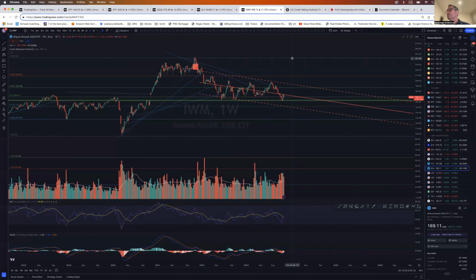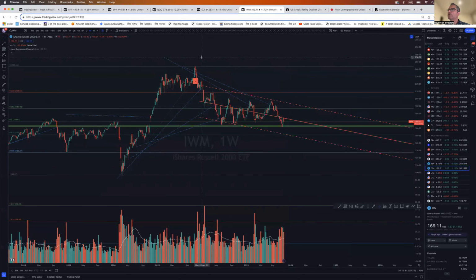Now, the biggest concern now on the market is the IWM, the Russell 2000, the small caps. So since January 2022, the IWM has been very weak. So you see this negative regression to the trend line. Although IWM found some very significant support on this